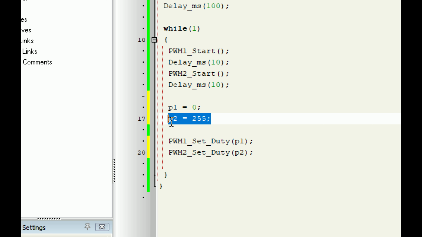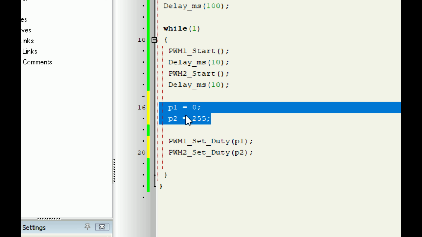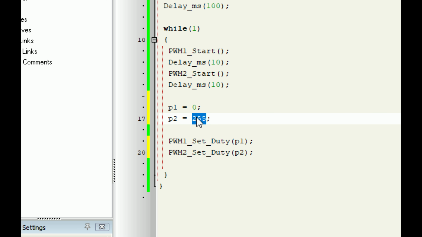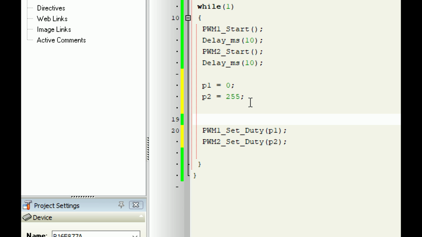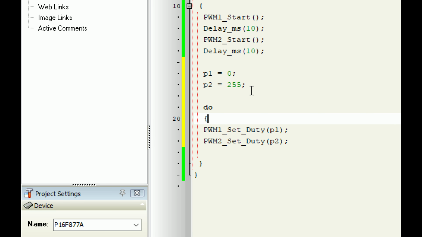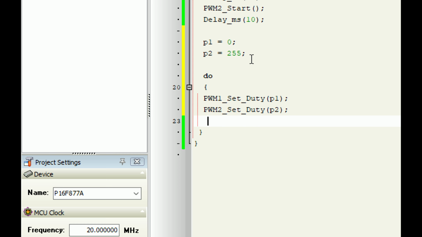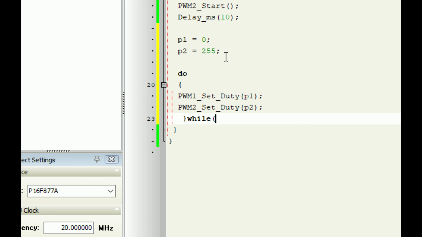And second LED will start from the maximum brightness, and it will keep on going down, down, down, until it becomes 0. So these are the initial states. So we know that 255 is the maximum brightness, 5 volt, 0 means 0. So now we have this. Now to do the repetition, we will need a do while loop or any for loop or whatever you prefer. I will use the do while here, do while, and now we need a